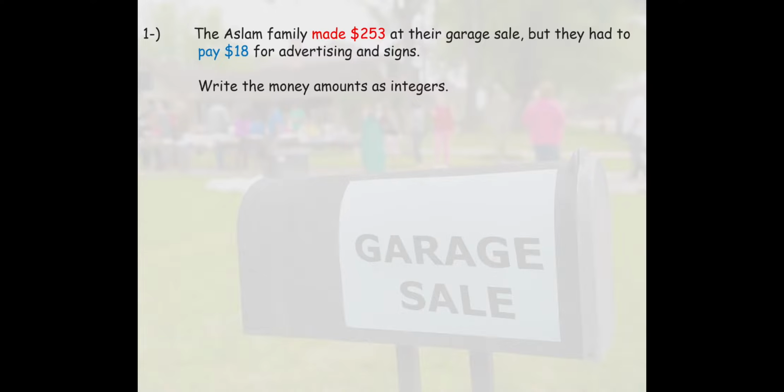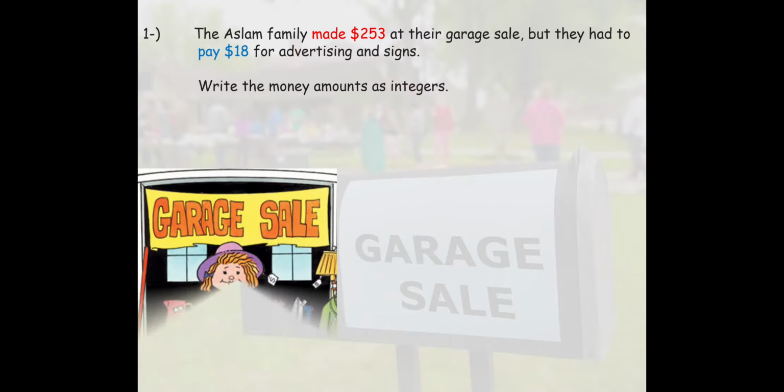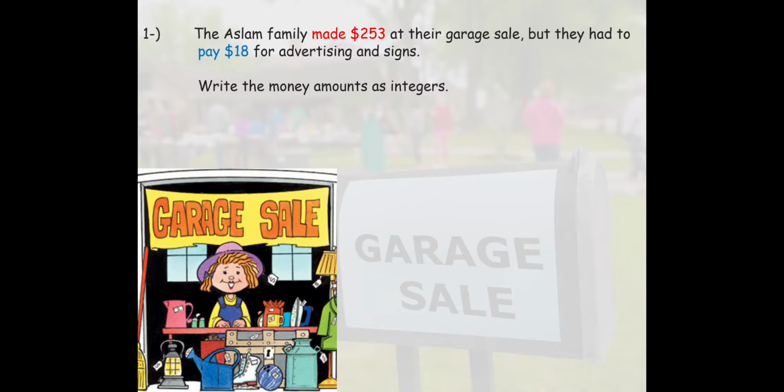The Aslam family made $253 at their garage sale, but they had to pay $18 for advertising and signs. Write the money amounts as integers. Made $253. So made means gained, which is positive. That means they gained, they got. It also rhymes, made and gained. So it is positive 253, or we just write it as 253